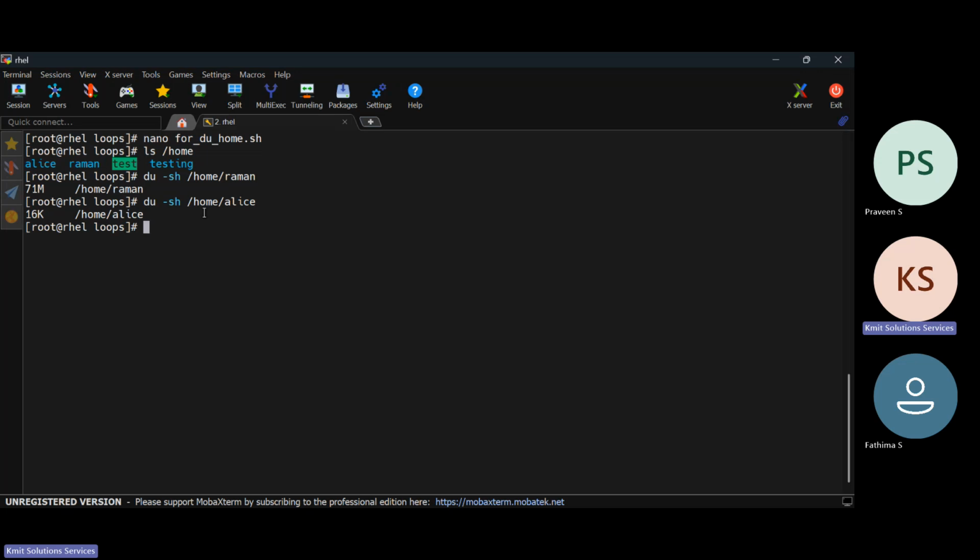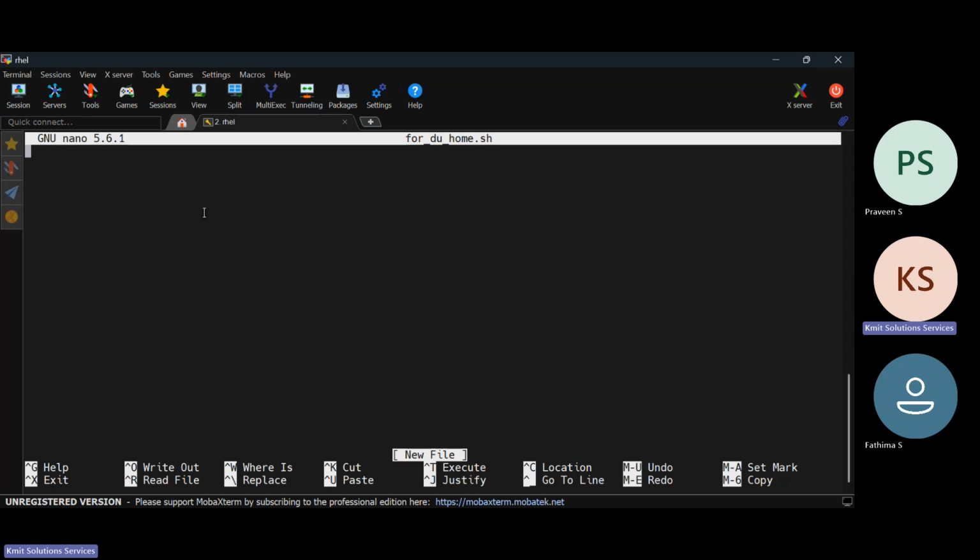So let's do it with a script now. Whenever you are writing a script, you need to know how that command gets executed manually. Then you can convert it into the script. So for example, if I say for dir in /home/*,